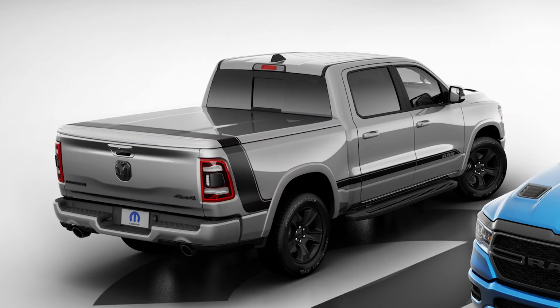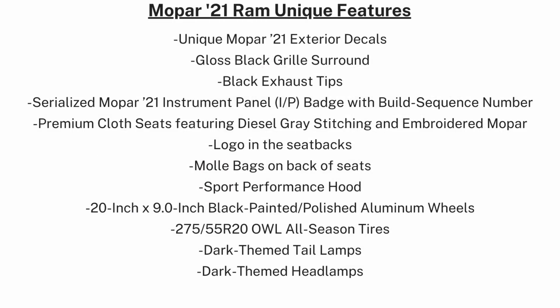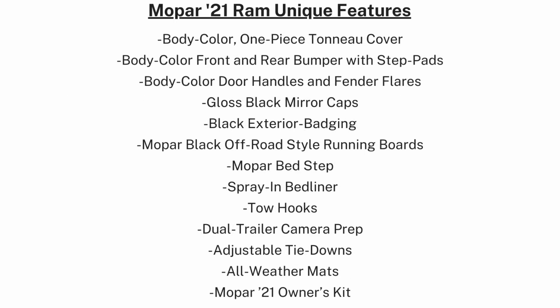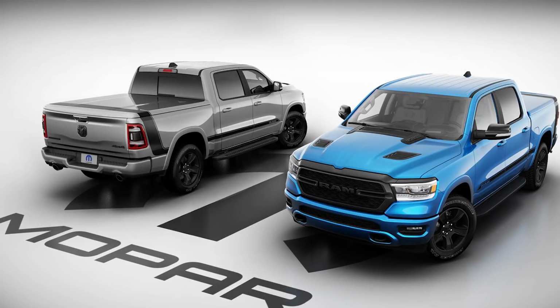There are a ton of add-ons that you can find on screen, like Mopar 21 decals, gloss black grille and surround, 20x9-inch black painted wheels with 275mm tires, darker headlights and taillights, black exhaust tips, premium cloth seats that feature diesel gray stitching and embroidered Mopar logo in the seat backs, and a Mopar 21 instrument panel badge that has your build sequence number. That's the main goal of these Mopar editions, to create a customized factory vehicle with lots